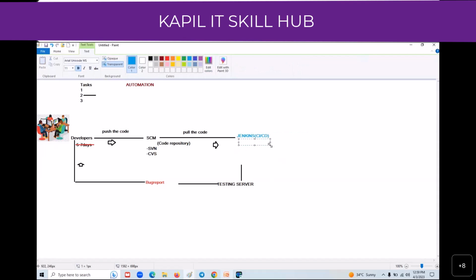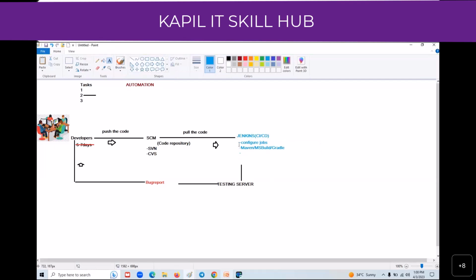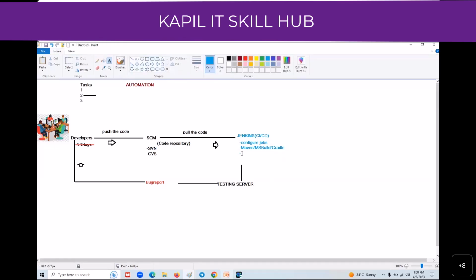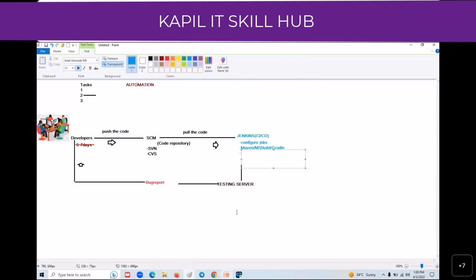Here they configure the Jenkins jobs and use build tools like Maven, MSBuild, and Gradle. They build the application and generate executable JAR files, WAR files, and EAR files.